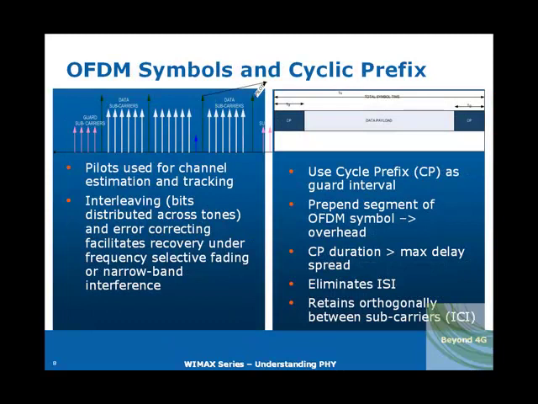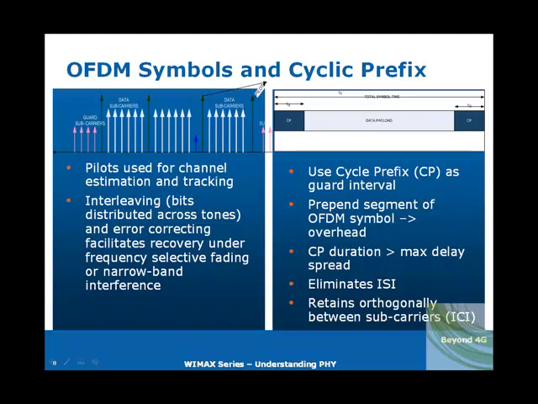We're on slide number 8, and in this slide the key concept of cyclic prefix is presented. So every data symbol is affixed with a part of a cyclic prefix. What this helps is to counter the intersymbol interference. On the right hand side you can see that the data payload is actually prefixed with some part of a cyclic prefix, which is 1/8 of the total symbol time, and this helps in eliminating the intersymbol interference and